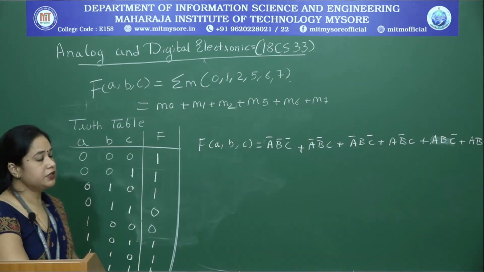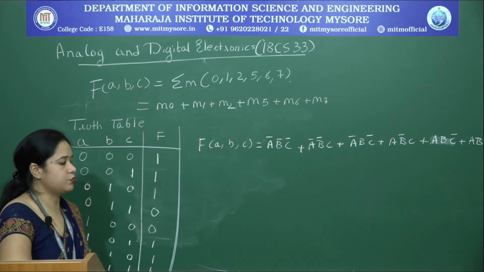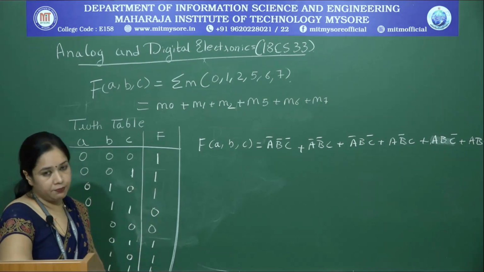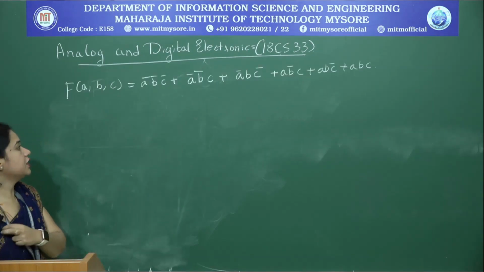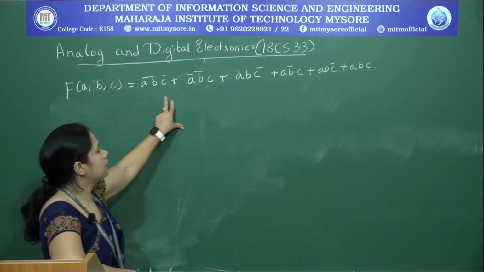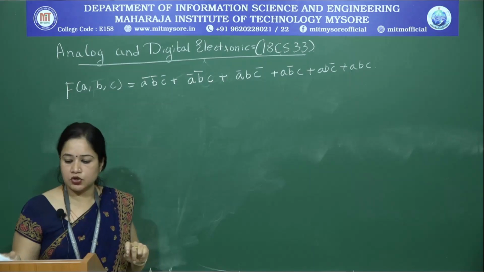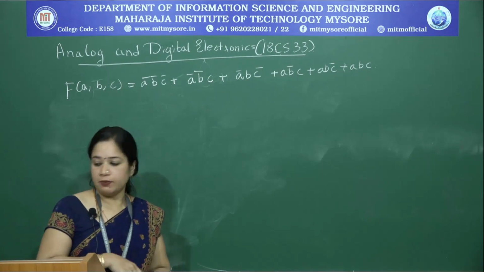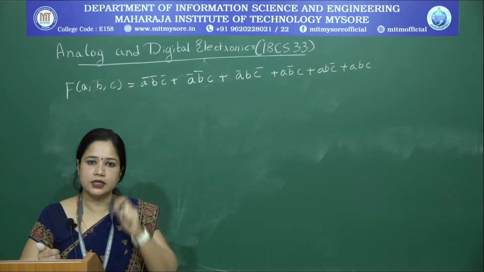So, what we do is we will try to use a generic approach to simplify this particular expression, then discuss what the potential drawback of this approach is, and straight away give an introduction to what a Karnaugh map is. The generic approach for solving this expression involves two steps. The first step is using the uniting theorem, and the second step is to use the consensus theorem.